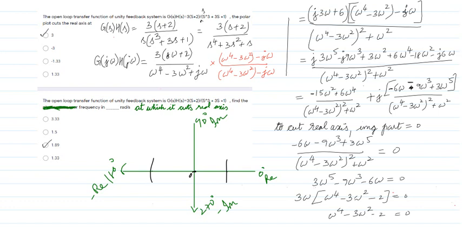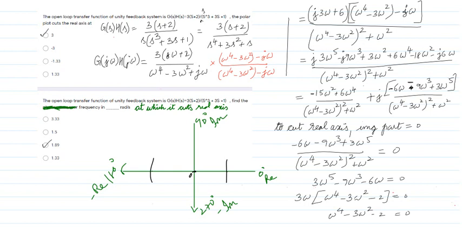Then what happens is (a plus jb)(a minus jb) becomes a square plus b square. Then simple complex multiplication, right? I am proceeding. Now I come to this point. I want to split it into real part and imaginary part, because to find the point at which it cuts the real axis, I have to equate the imaginary part to 0. So I have to split this term into real and imaginary part.